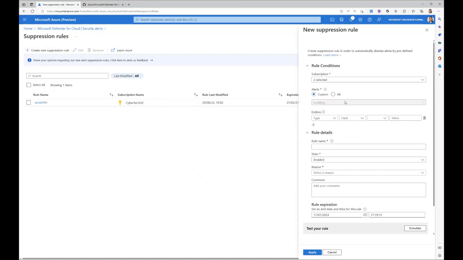I can also create a suppression rule that will then programmatically and automatically dismiss specific alerts, and I can even decide which ones, and I can even specify the different entities. For example, an entity might be a VM on which I'm going to be performing specific tests. And very important is to also mention that rules do have an expiration date. As a best practice, you should ensure that there is an expiration date,